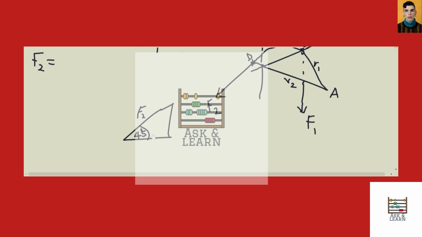It's inclined at 45 degrees. So what we can do is to resolve this. When we resolve this, this side is going to be, sorry, let me just, this one coming like this, and this one going like this. So we are going to have this side to be F2